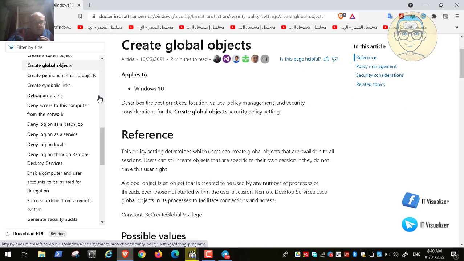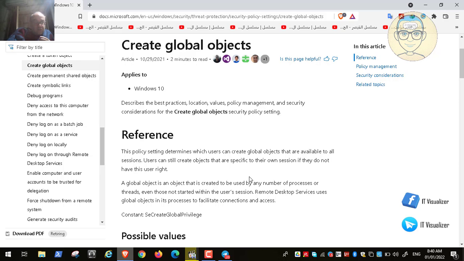The policy determines whether users can create global objects that are available to all sessions. A global object is an object that is created to be used by a number of processes or threads, even those not started within the user session. Remote desktop services use global objects in each process to facilitate connections and access. So he is saying that a global object is used by a number of processes and threads.